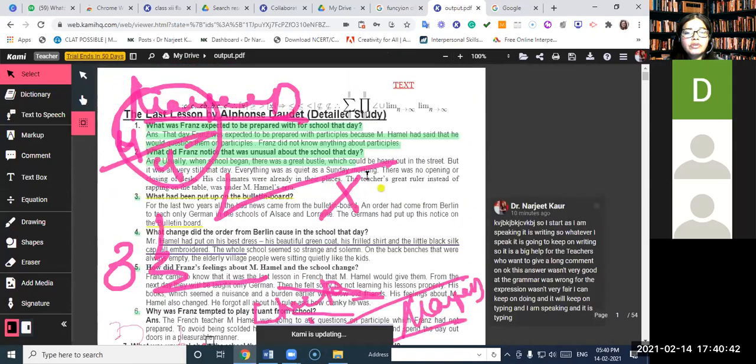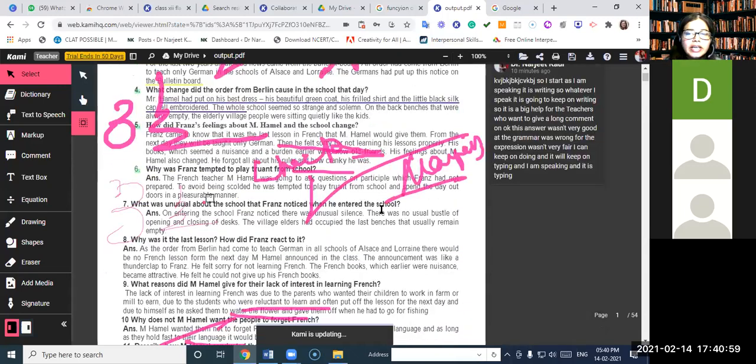It gives you lots and lots of transparency, and lots of places where you can give comments to the children. And it has lots and lots of options which we have just shared.